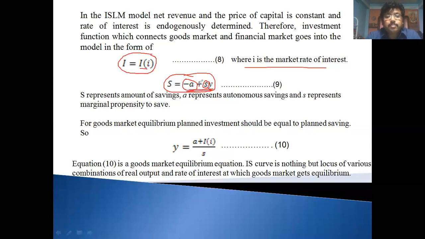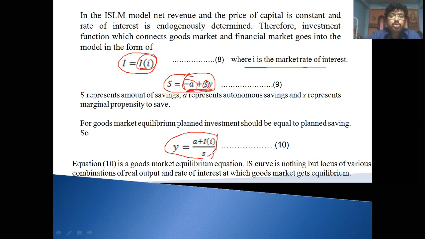By equalizing the investment, that means this part and this part, we get this. After rearranging, we get this. Here a is the autonomous saving, I is the market rate of interest, and s is the marginal